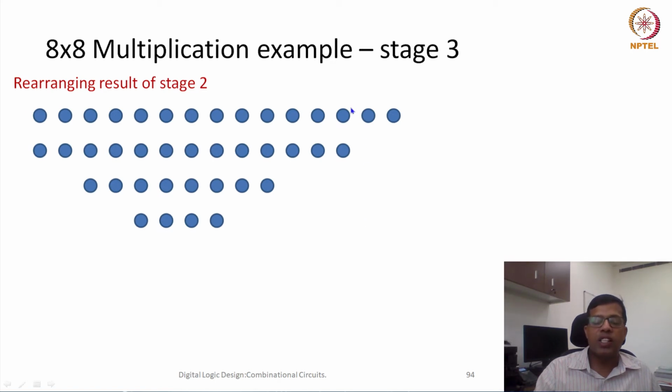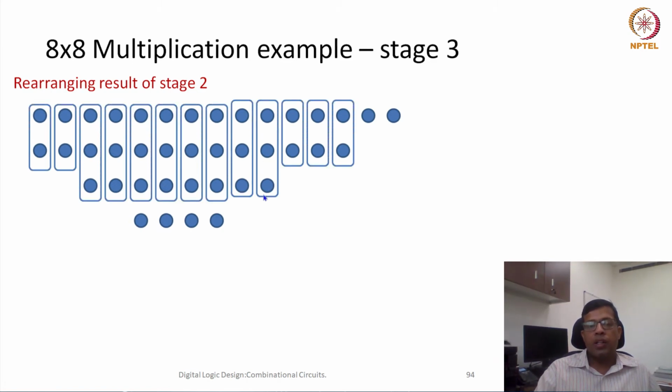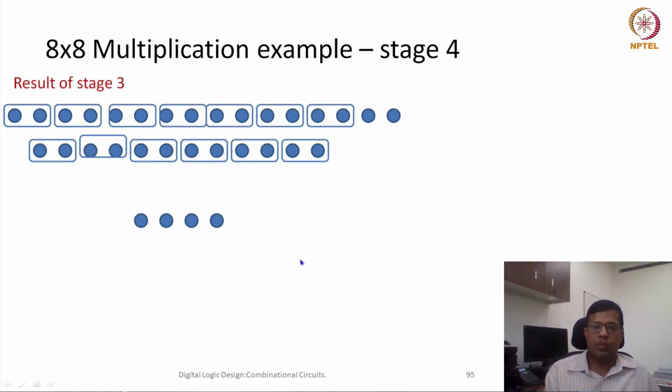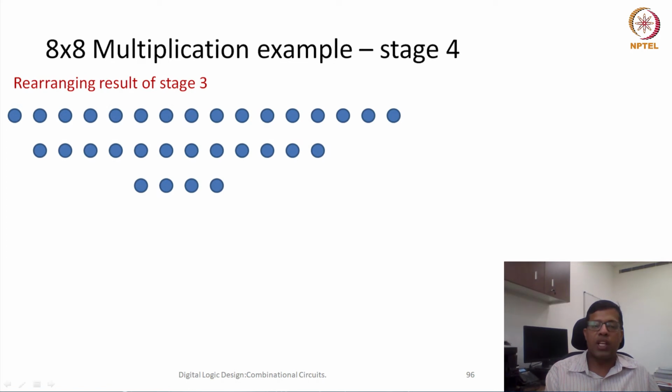In this carry save addition, we can again form this is the group of 2, this is the group of 2, this is the group of 2, and now these are the groups of 3. So these additions we can go ahead and perform, and after this addition, now these 4 rows would be reduced to 3 rows. Okay, and these 3 rows again we can rearrange so that we can perform the addition again.